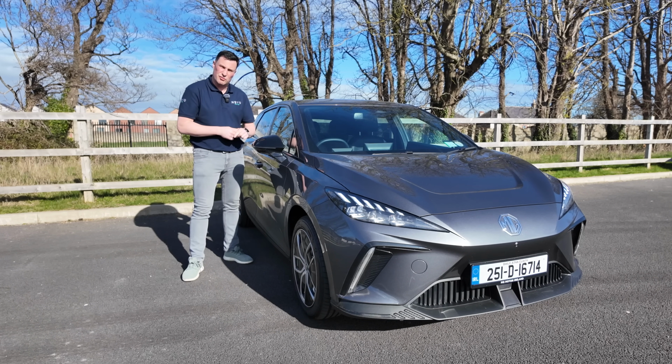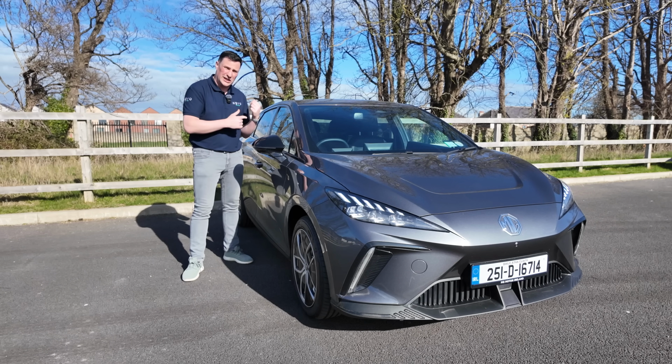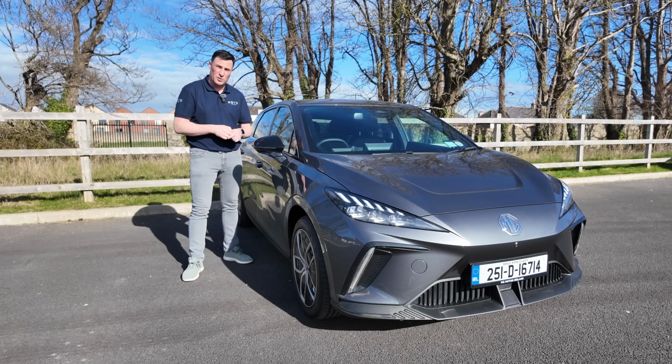But number two, I'm going to give you a run through of it again, because you're probably seeing ads everywhere and you're wondering, is it as good as they're saying? The reviews that are out there are a couple of years old. What's changed? And there has been a change on this. We now have a rear wiper, which wasn't on the original one, due to semiconductor issues, etc. But we have a wiper now, which people were not happy that we weren't getting in the beginning. So let's have a look around the outside, the inside,